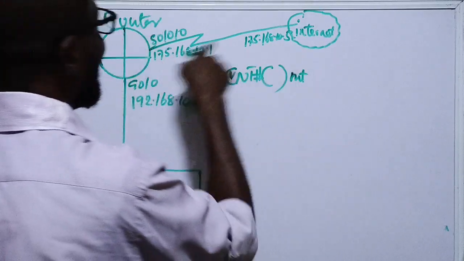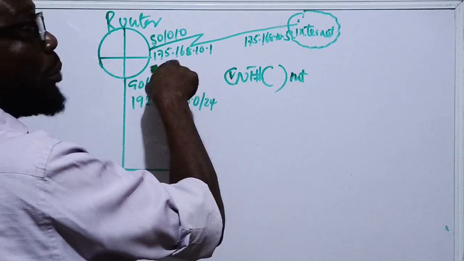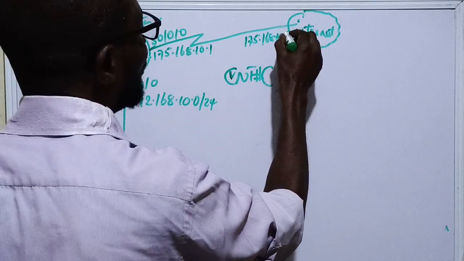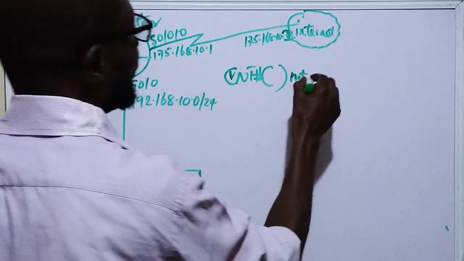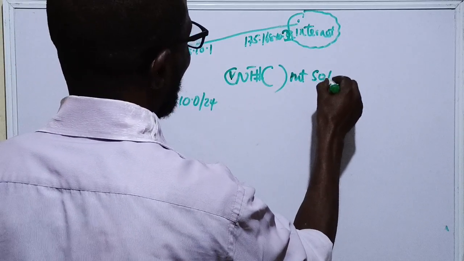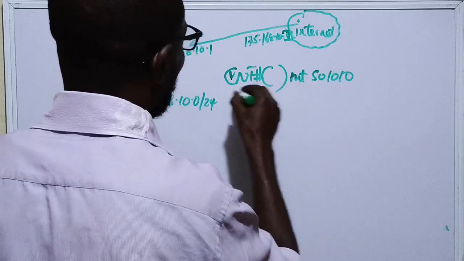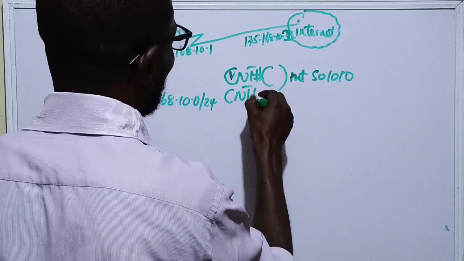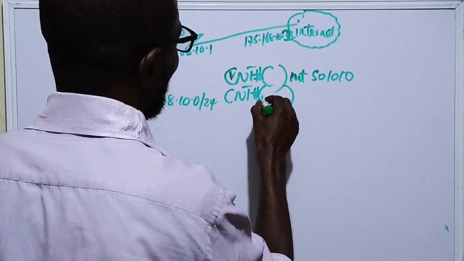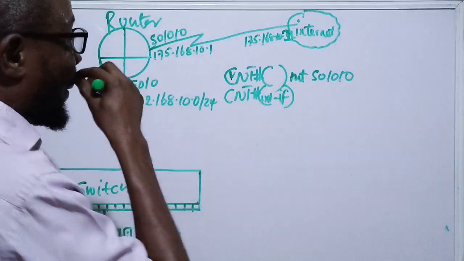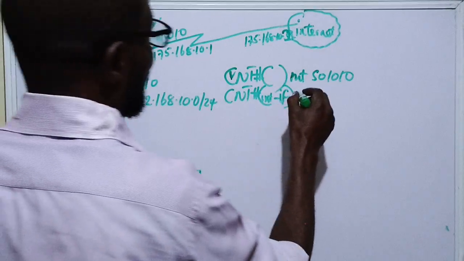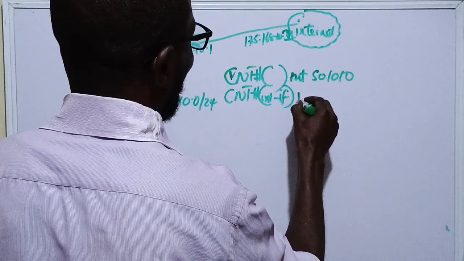Interface. By that time, the ISP must have given you this IP address. The ISP has assigned the number 2 address here, and gives you this number 1. Interface Serial 0/0/0. You hit enter to come to interface configuration mode. Then, in interface configuration mode, you do this: ip address